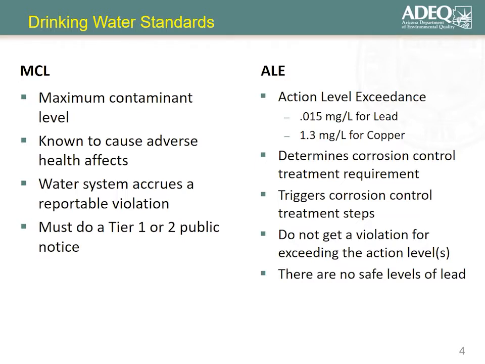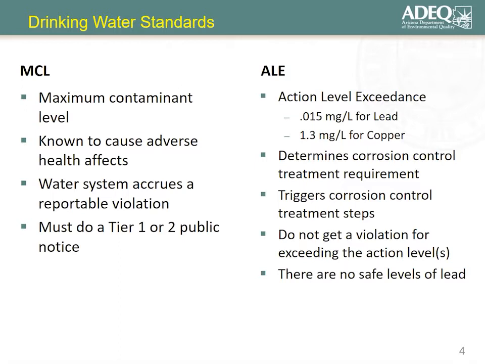And this is what levels are used to help identify drinking water quality issues that may cause an adverse health effect. The differences between the maximum contaminant level and the action level exceedance really tie into that toxicity value. Right now, there is no reference dose, there is no toxicity value determined for lead or copper in accordance with EPA, which is where Arizona Department of Environmental Quality gets their regulation and primacy from. So the lead and copper rule has a standard called the action level exceedance.